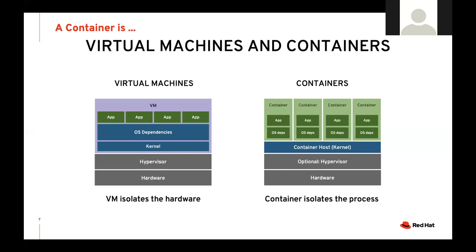Definitely, we need to have hardware, typical x86 hardware. But here, virtualization becomes optional. You don't need to really invest in any hypervisor technology. And then you just install a Linux operating system, which is the container host that contains the kernel. And then on top of that Linux operating system, it virtualizes basically itself and provides specific OS libraries to each and every container that's running on top in completely isolated processes.